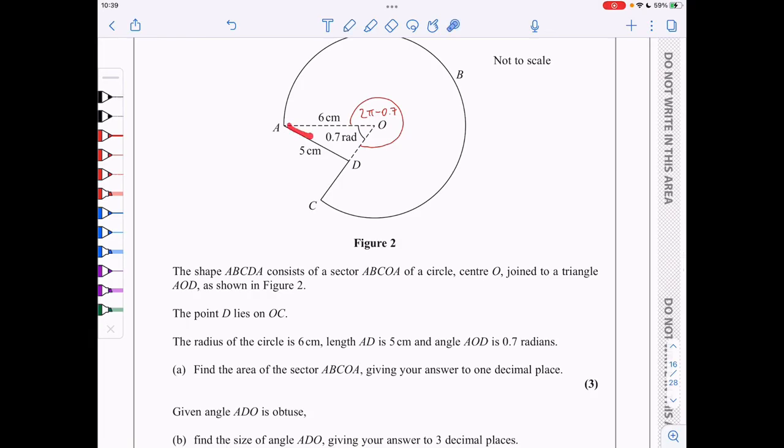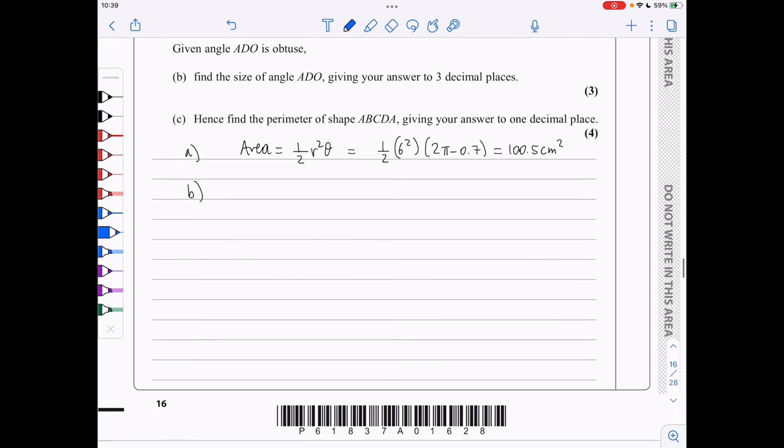In B, given that angle ADO is obtuse, find its size. So ADO is the angle here. I'm just gonna call it theta. And we could use the sine rule. Now, sine of 0.7 over 5 is equal to sine of theta over 6. If I cross multiply, I get 6 sine of 0.7 over 5 is equal to sine of theta, and gives theta to be